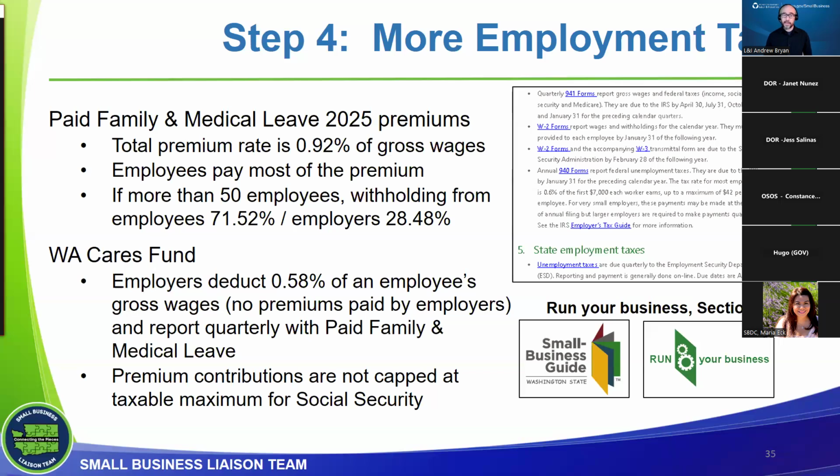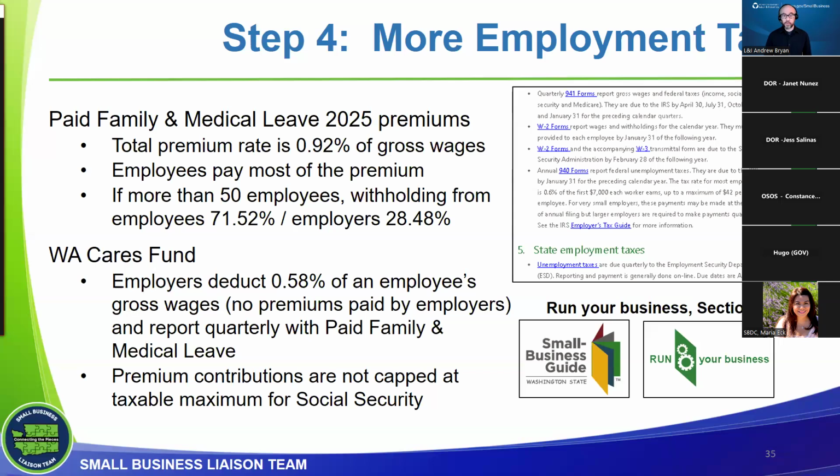So there isn't an employer premium for Washington Cares. You'll collect Washington Cares premiums from your employees, much like you do for paid leave. And they've updated the paid leave reporting system on their end, so you can report for both programs at the same time. To calculate the total premium amount for each of your employees, the premium is going to be 0.58%